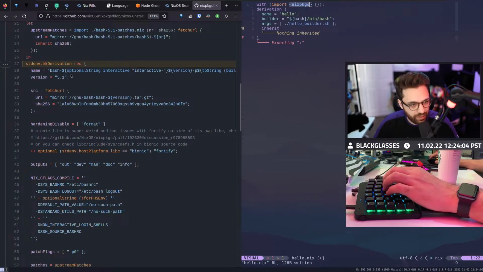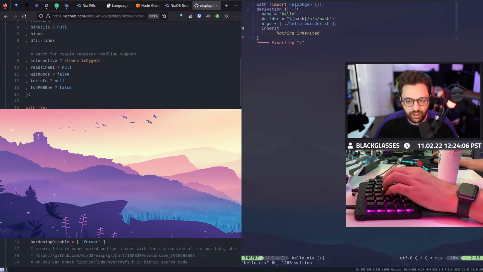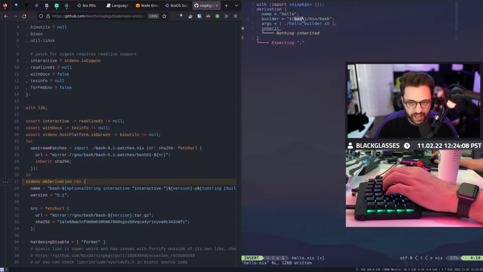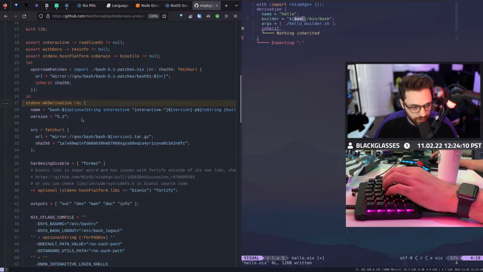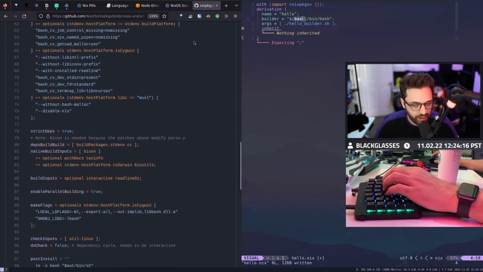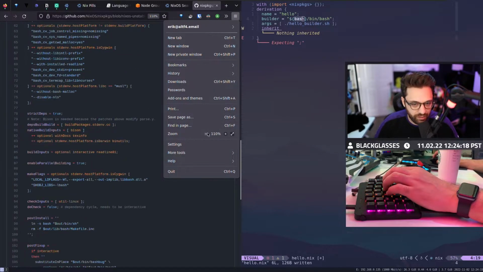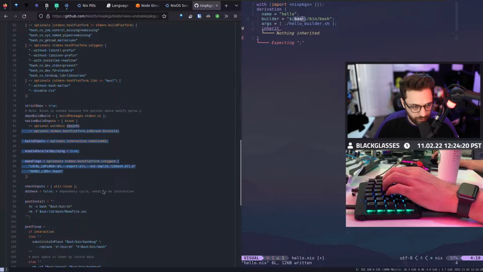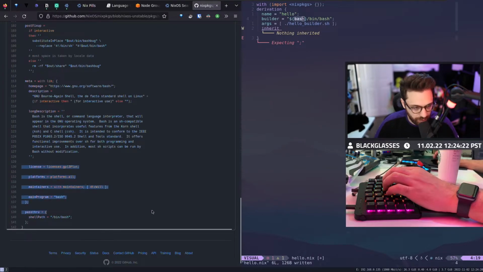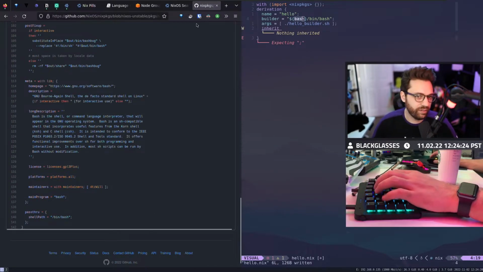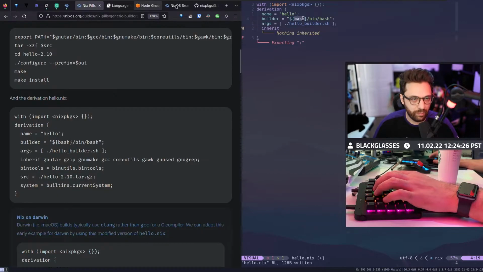And so what happens is when I go out into Nix packages to get bash, it's evaluated and built using this exact SHA, this exact version, all of these dependencies. And that is how we guarantee reproducibility in our builds. This is how it works. So that's basically the difference between the two, if that makes sense.